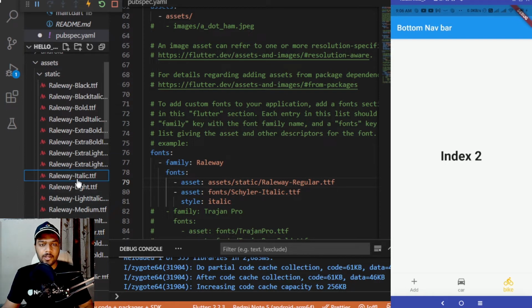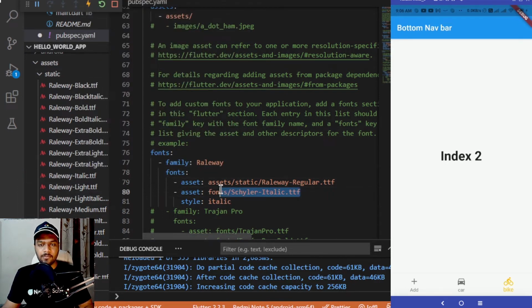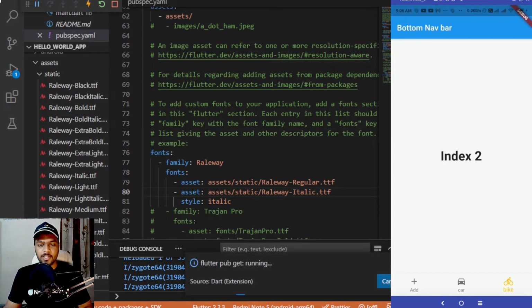And I can also add a particular italic style as well. So here, copying the relative path for this, pasting it over here, Railway italic, changing these as well, and let the style be similar as it is already mentioned for us, and we have added the italic thing as well. Now let me hit Ctrl S so that the things are fetched and are implemented inside our app as well.